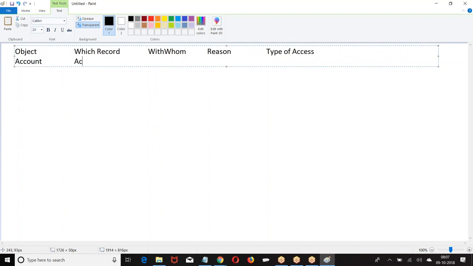Which record are you sharing? With whom are you sharing? I can share the record with a user or a group. With a group means I can share with a role, a role and subordinates, or a public group. So I can share the record with a user or a group ID. Reason for sharing, I will give the reason as row cause. Type of access, if it is account.